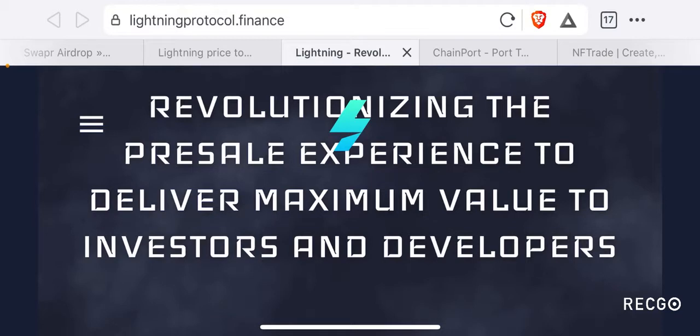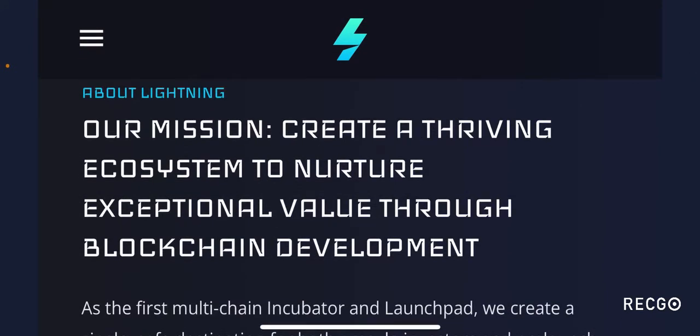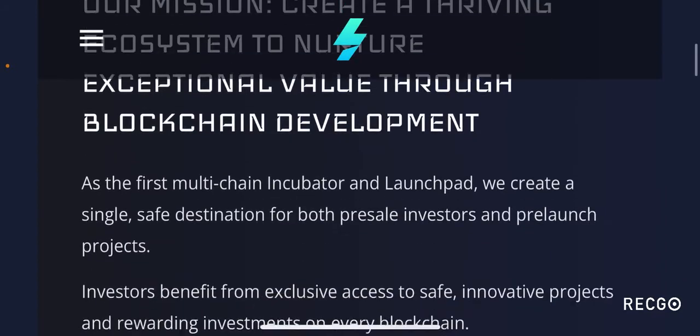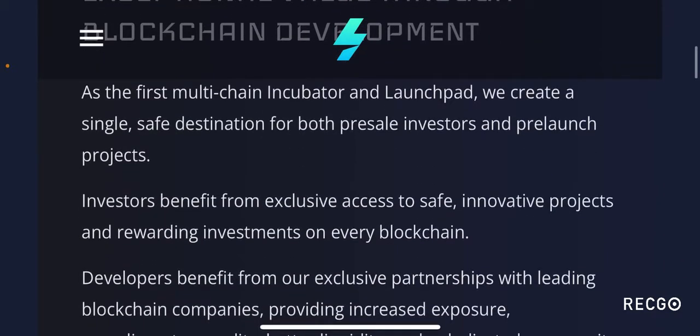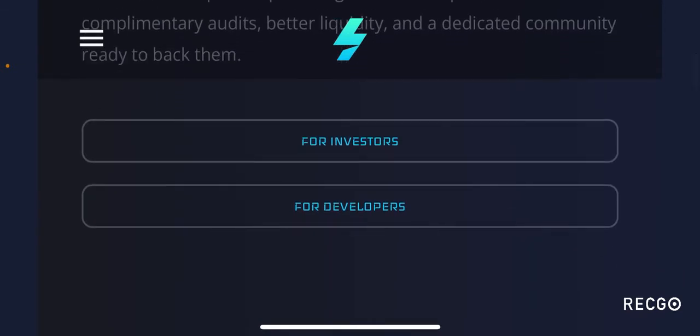So it's a win-win situation, and that's basically what Lightning Protocol is aiming to create. When you scroll below, you can clearly see that they have the mission statement, which is to create a thriving ecosystem to nurture exceptional value through blockchain development. Again, this is pretty much the same for pretty much all the Launchpad platforms. Here they're talking about how the incubator and the Launchpad is different from the other platforms. And again, if you are an investor who wants to invest in projects that are thoroughly vetted,